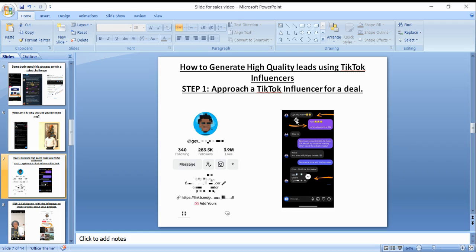When you talk to the influencer, they'll give you a quote of how much they want to charge. This influencer is telling me that I should pay 20,000 naira for a video. I negotiated, and at the end of the day, we settled at about 10K. I told the influencer that okay, I'm ready to pay 20,000 naira for this ad, but what's going to happen is that I'll pay you 10,000 naira now, and after you are done with my job, I will pay the remaining 10,000 naira.